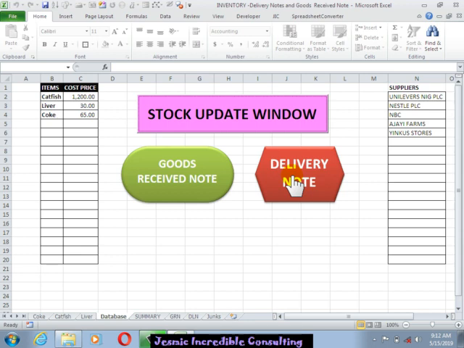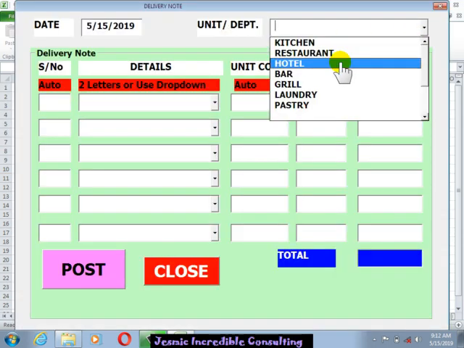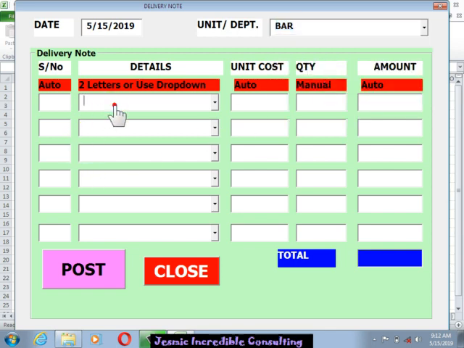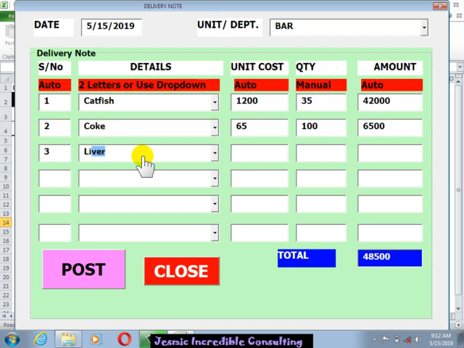So let's also look at delivery note, and for delivery note, as we select the department, let's assume bar, and let's quickly look at, let's say, catfish. So assuming we are issuing catfish, 35, and for coke, let's assume we want to issue 100, and for liver,